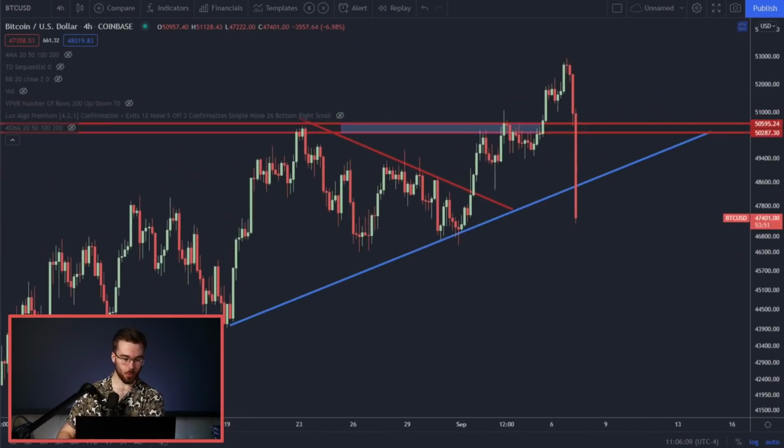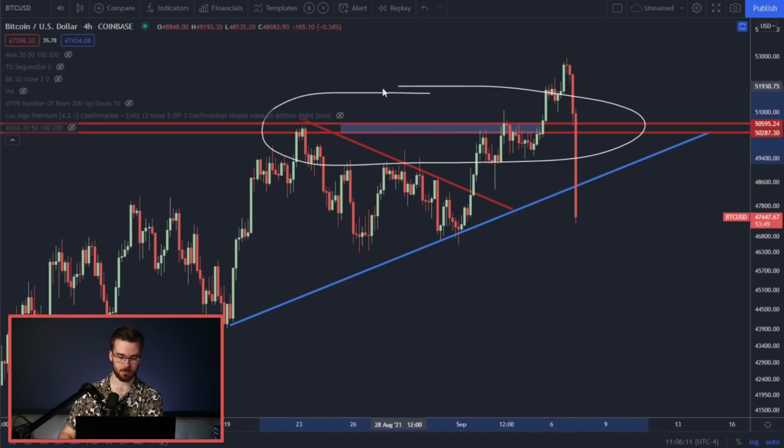All right, so Bitcoin was in what we call an ascending triangle pattern where we had a flat level of resistance, or in this case, a zone of resistance between $50,300 and $50,600. Bitcoin broke bullish out of this earlier yesterday, but as we've talked about several times before in the history of Bitcoin and cryptocurrencies, sometimes what you'll see happen is a bullish breakout of a pattern followed by a massive bearish correction. Why? Well, it's what is known as a fake out,